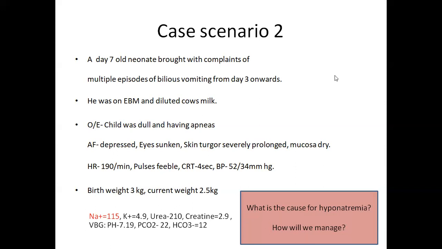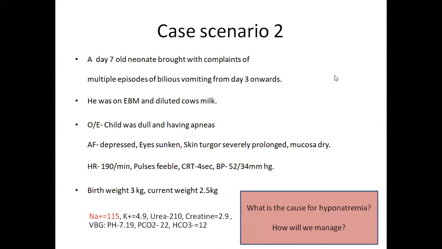DNS. Exactly. On DNS, you need to repeat the sodium. You repeat sodium after 3 to 4 hours. You check what is the sodium rise. Based on that, you need to adjust your fluid. You want to come down to 3/4 NS. You want to come down to half NS. That is up to you. But you cannot change the fluid rate here